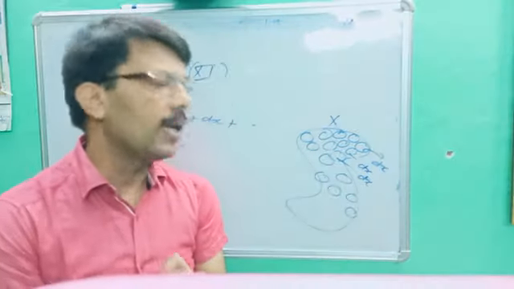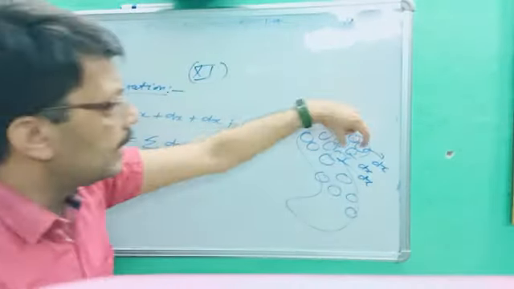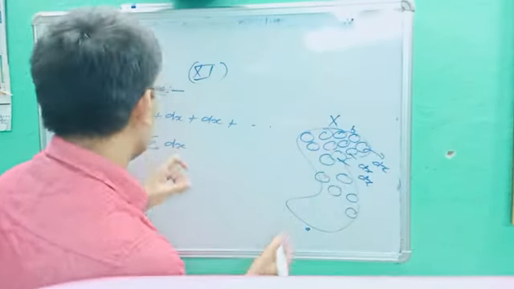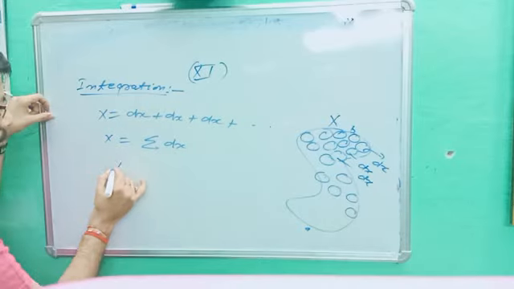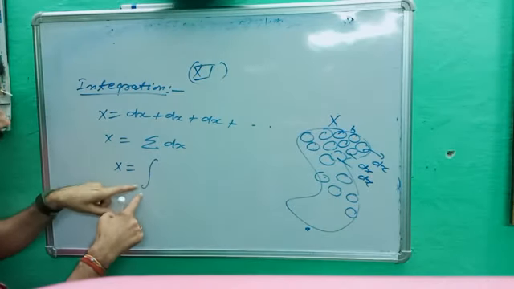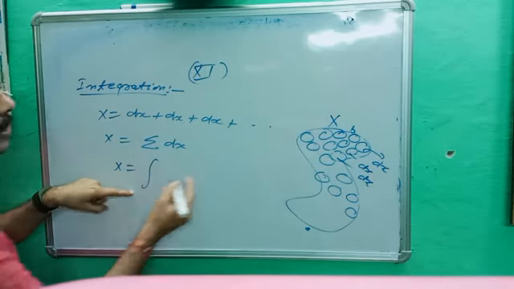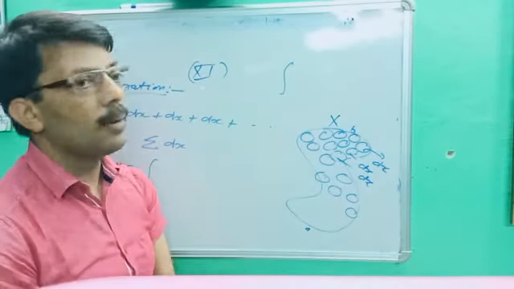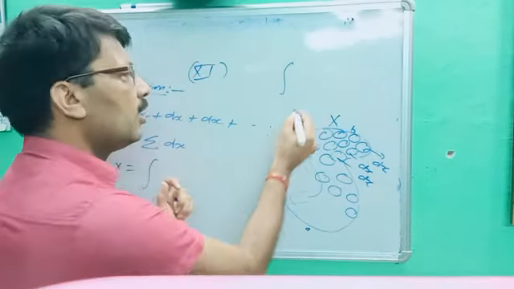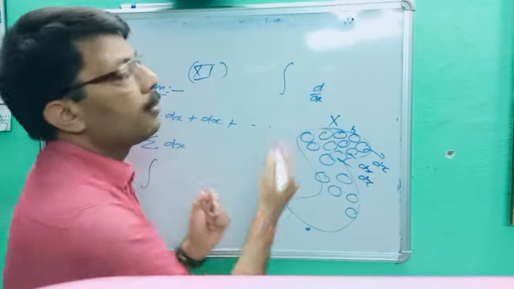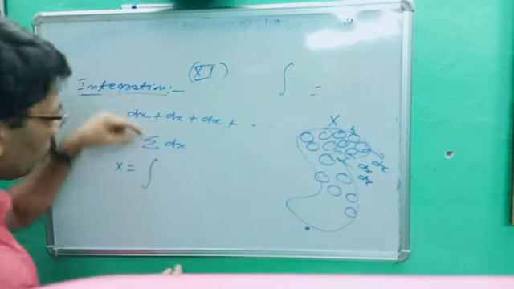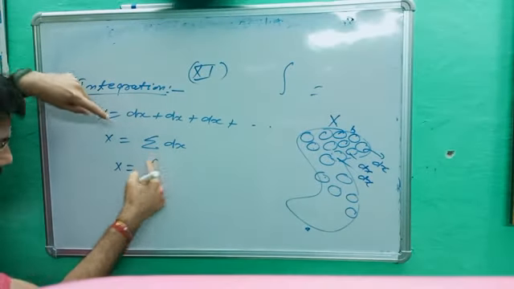But in class 11 what do you have to do? You take any surface and you integrate from, let us suppose this is a and this is b. So it could be modified as x is equal to integration. This symbol replaces the summation. This is called the symbol of integration. If this symbol is available, you have to integrate it. If it is written d upon dx, you have to differentiate it. This is the basic difference between them. So in place of summation you have to take this symbol, integration.